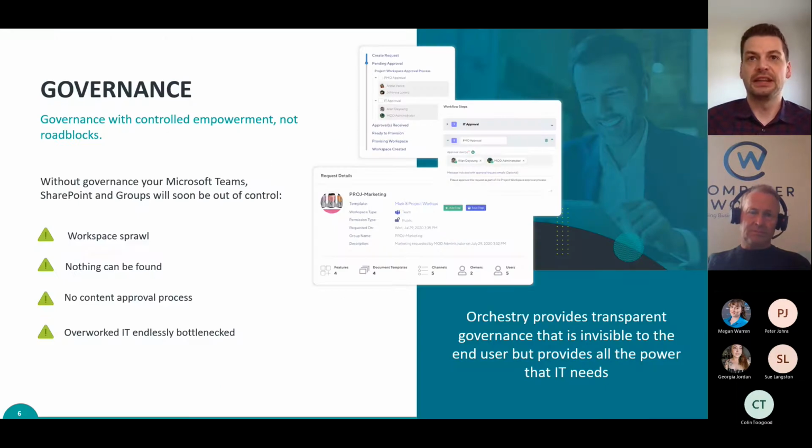So that brings us to governance, right? And I think governance for many organizations, for many business users, is really a bad word. No one really has had very positive experiences with companies trying to implement governance plans, because many people see these as friction, or as roadblocks to them just trying to get their work done. So the approach we try to take with Orchestry is to make that governance structure still very robust, but largely invisible to the end users, making it imperceptible and frictionless, so that we have governance rules built into the templates. Users can still work within those templates and request different pieces of those templates being added or removed,